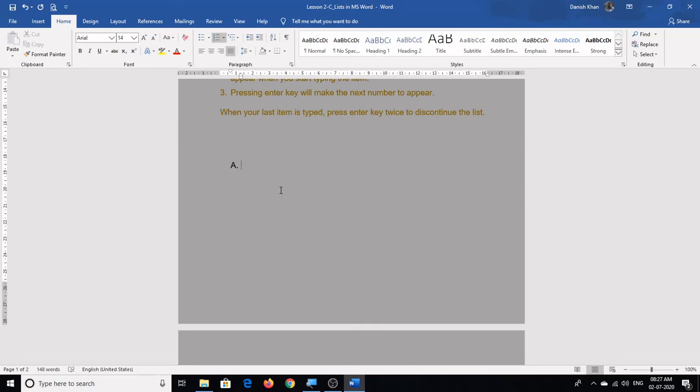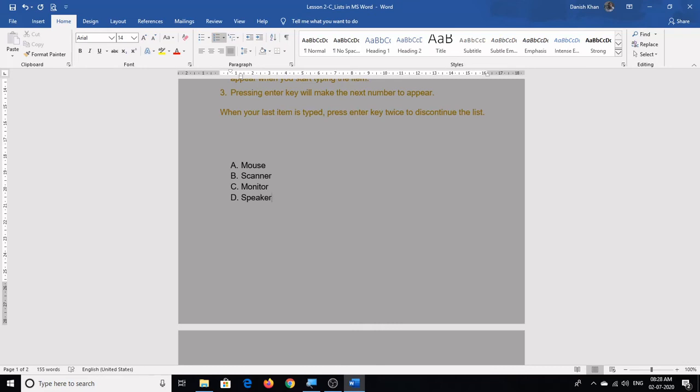So I'll type over here mouse, press enter key for the next item, scanner, next item monitor, next item speaker. So this way you can keep on adding the items in the list.